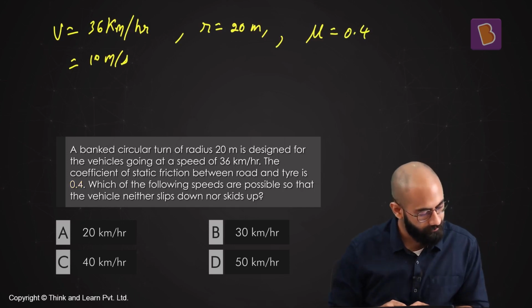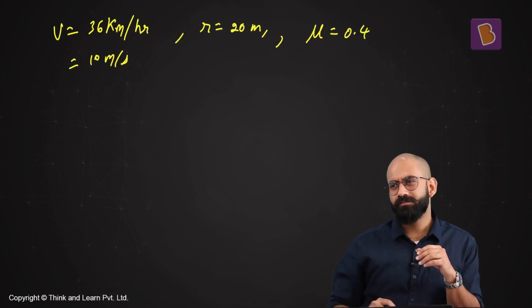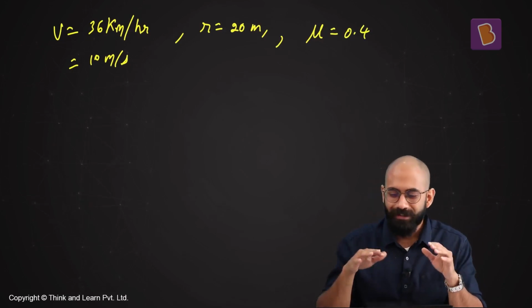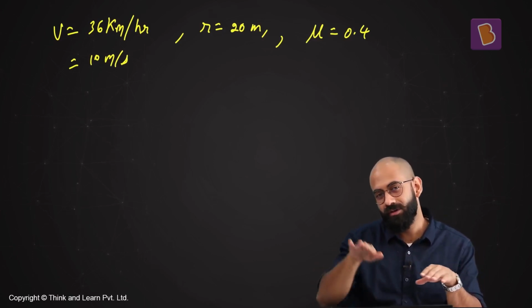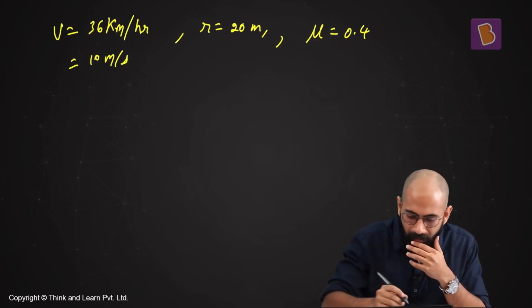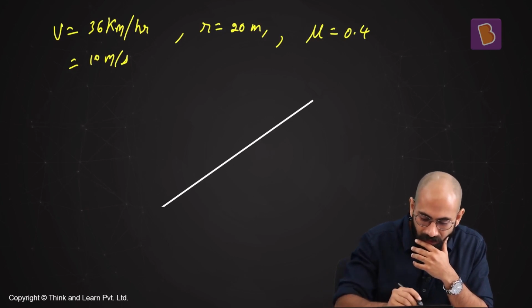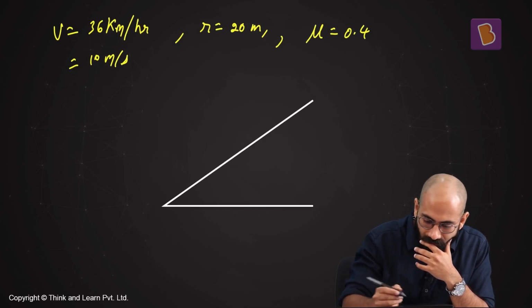Okay. Cool. Now, how will you solve this problem? Firstly, you'll have to think about what's happening. So it's a car or a cart or whatever you want that's moving across a banked road, a road that's not horizontal. It has a particular angle. So let's look at the side view of this banking. Let's say that this is the road. The angle is theta, some angle theta,